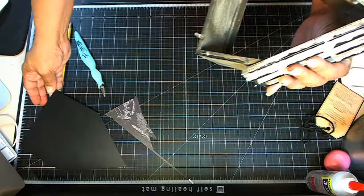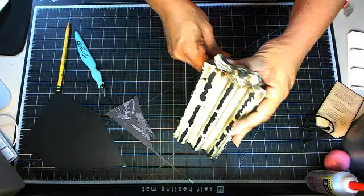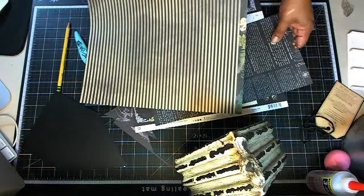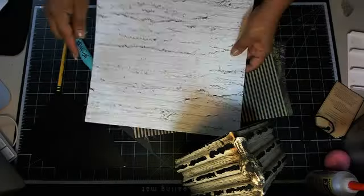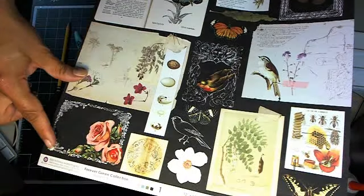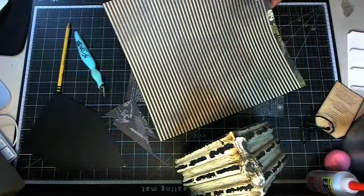And then for the inside, before I put that back in, the inside you'll see right here, I'm going to go ahead and cover that with white, the wood grained white. This print right here, this one right here is going to be on the inside. I want this book image right here, so I'm going to go ahead and cut and pull from down here for the back end. But before I do that,